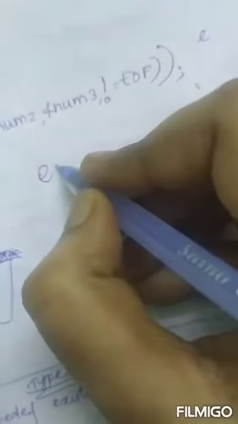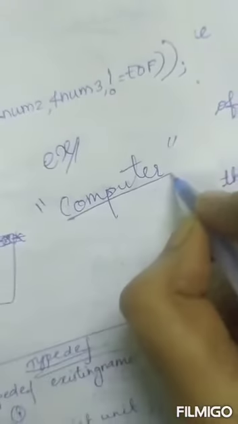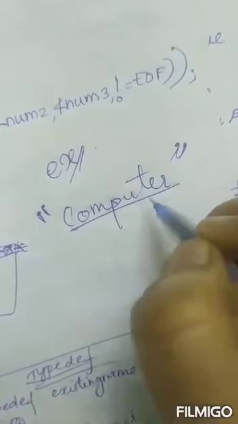Next definition is strings. What is a string? A string is anything that is enclosed within double quotes. It contains a set of characters, and it can be represented as a one-dimensional array also. So any word, any set of characters enclosed within double quotes, is called a string. For instance, if in double quotes I give computer, then the set of characters enclosed in these double quotes is called a string.